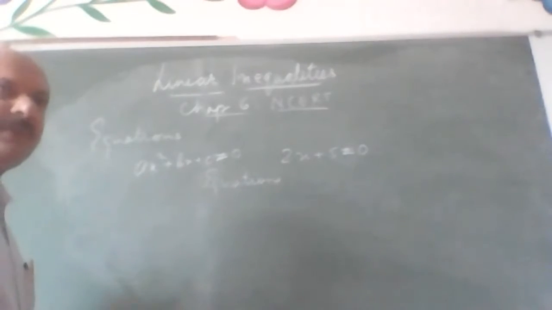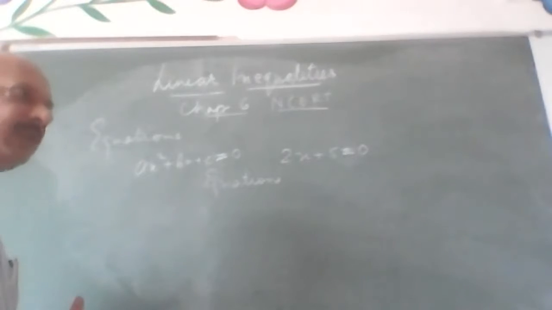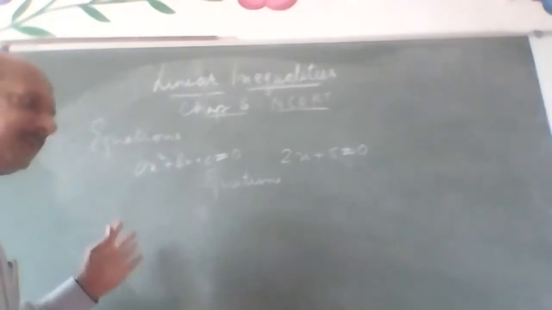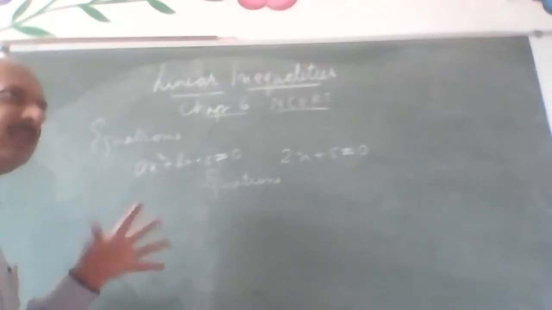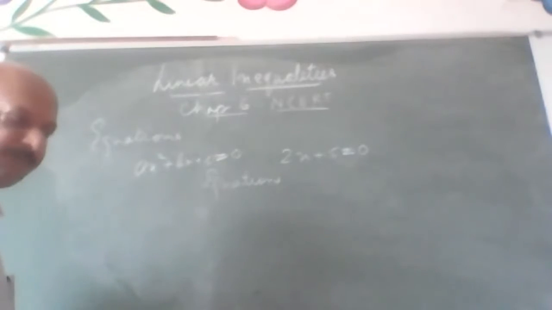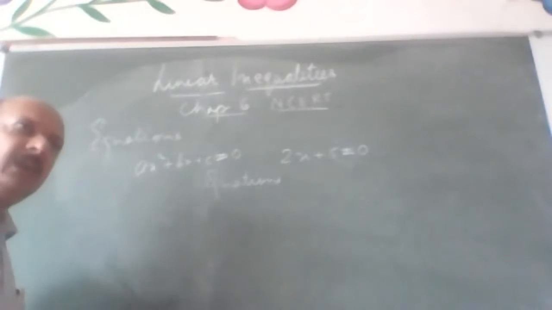But you will not always get these things. Somewhere in your junior class, you might have studied the inequality भी होती है. Things are not equal. Very simple example would be that each of us cannot have the equal marks. We'll have that one child is having more marks than the other child.